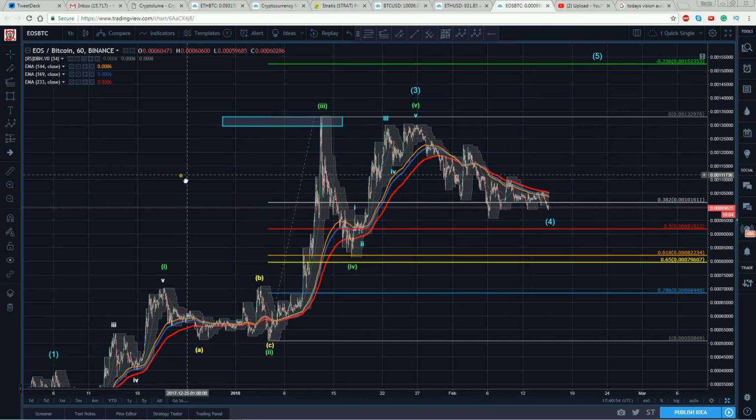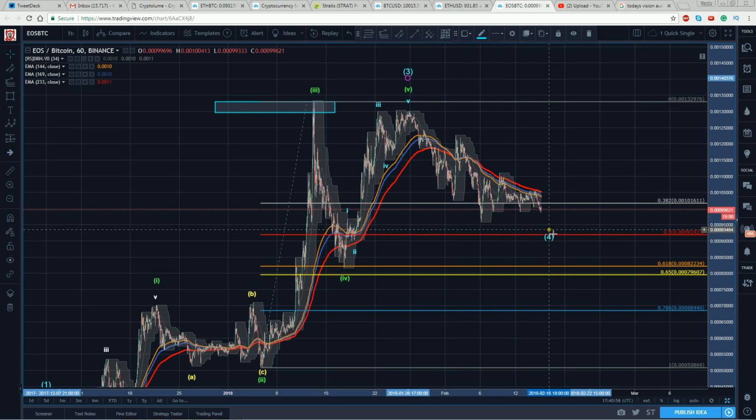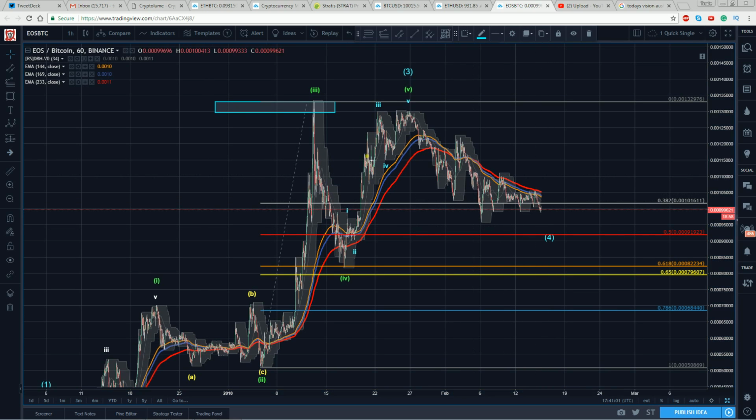Well, now the question becomes, how do we get a handle on where the 4 is? Well, we know a 4 is most typically, again, just playing probabilities, between the 38 and the 50. Now, at times, in a strong market, they'll be 23 to the 38. But we've already gone past the 38, so we don't need to throw the 23 on here yet. So you can see I don't have it on.